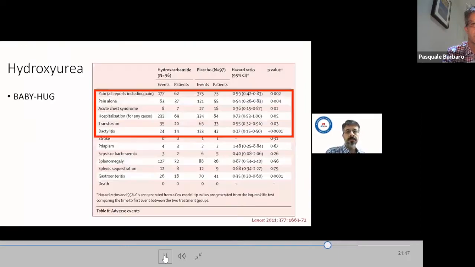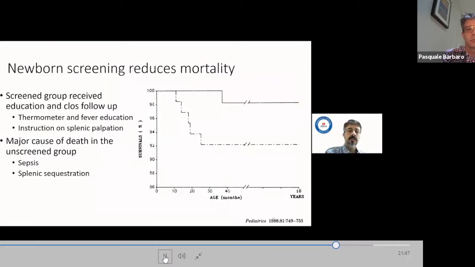So it's also important to identify these patients early because hydroxyurea does reduce complications like vaso-occlusive episodes, hospitalizations, transfusions in children with sickle cell disease. So again, identifying that there's an at-risk couple, doing the right test on the baby when they're born leads to early institution of treatment, which can improve their outcome. And we know things like newborn screening do have a big impact on patients' lives.